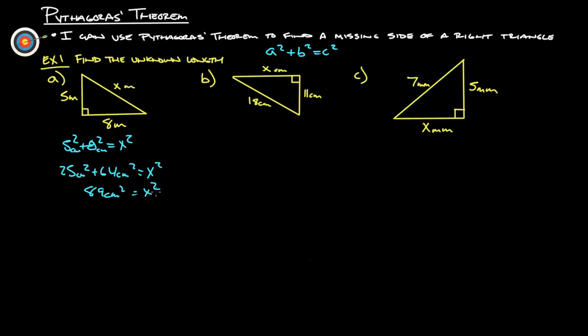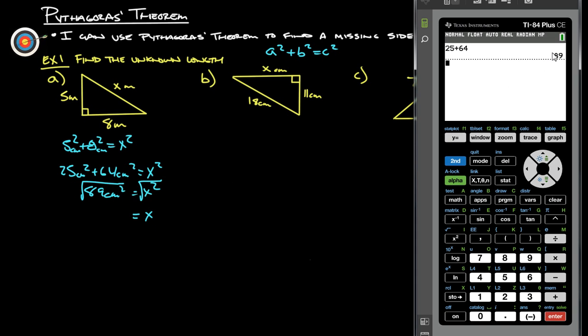So we don't want to know what x squared is. We want to know what x is. So to undo the squared, we square root. Okay, so we got to square root both sides. So we get x equals, and we just got to figure out what the square root of 89 is. So do second square root. And then instead of always re-entering the number, I just get into the habit of doing second answer. And that gives us